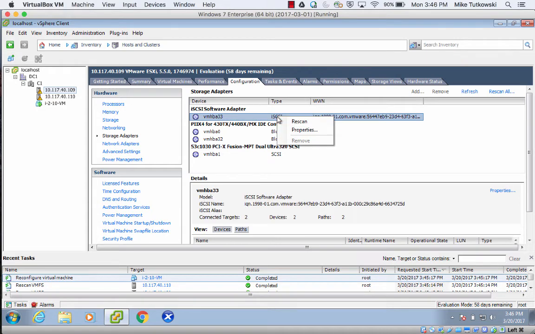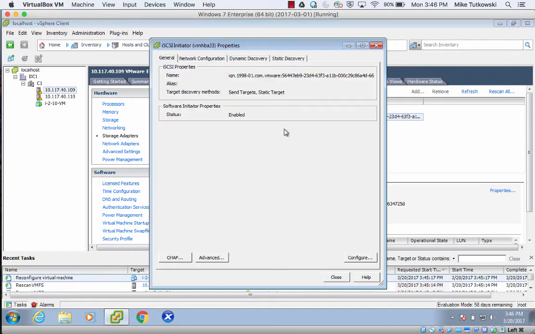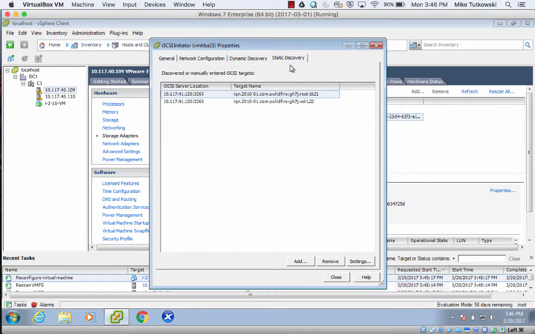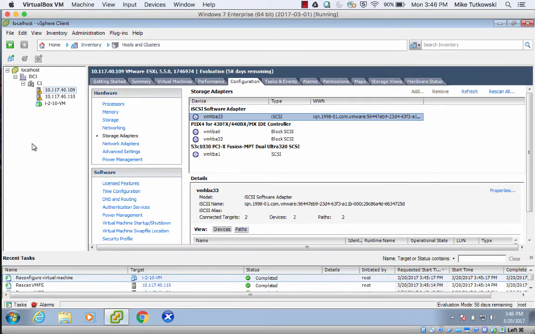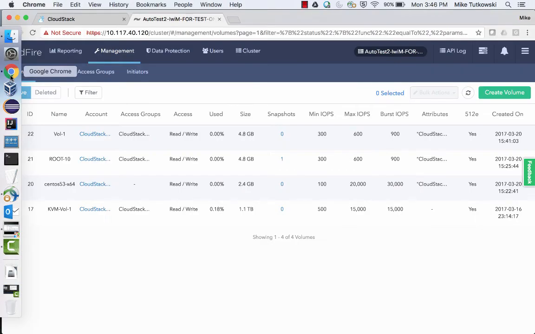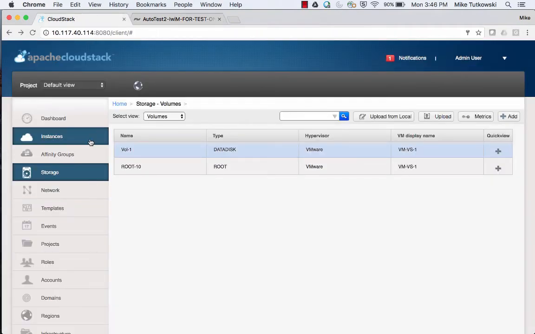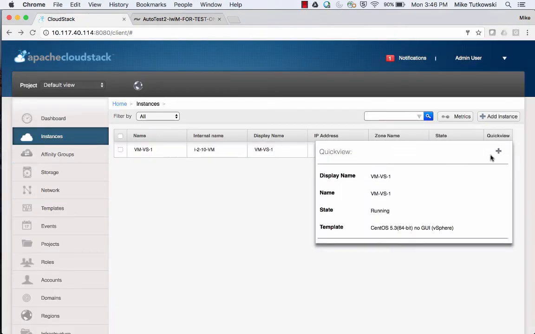I'll right-click on our iSCSI software adapter again, click on Properties, and then go over to Static Discovery. And so now we have the IQN not only of the SolidFire volume containing our root disk, but another SolidFire volume which I just highlighted, and this is one containing our data disk. I'll close out of here, and if we go back to the CloudStack GUI over to the Instances tab,